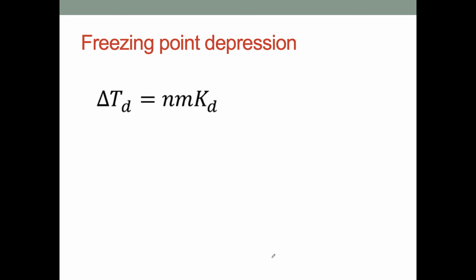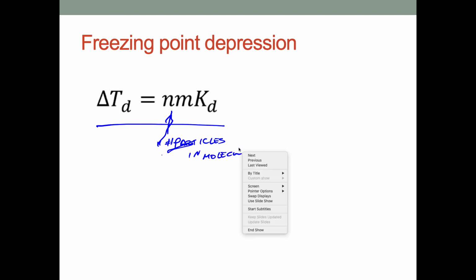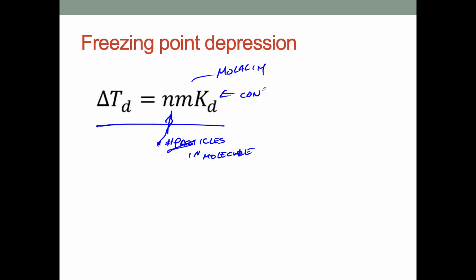Don't make the same mistake I am. So the freezing point depression is this equation, where this is the number of particles in the molecule. M is the molality, and this is a constant. So what we mean by if it does not fall,